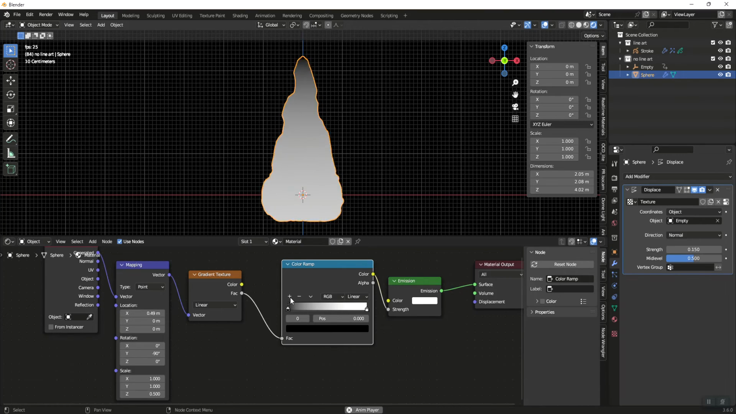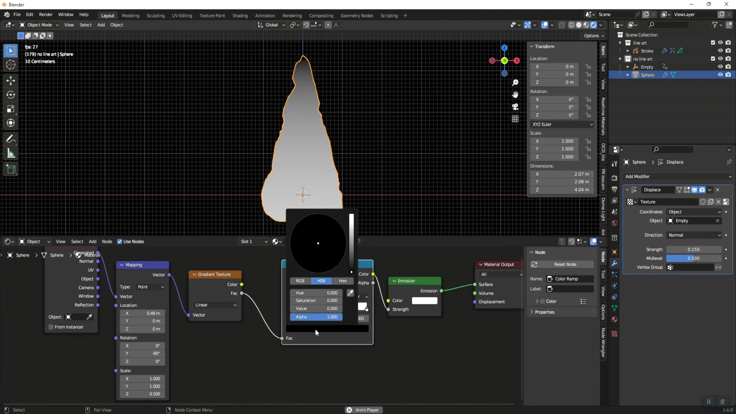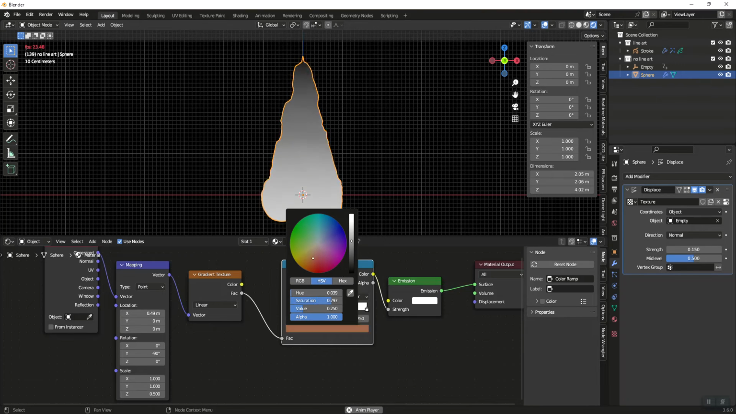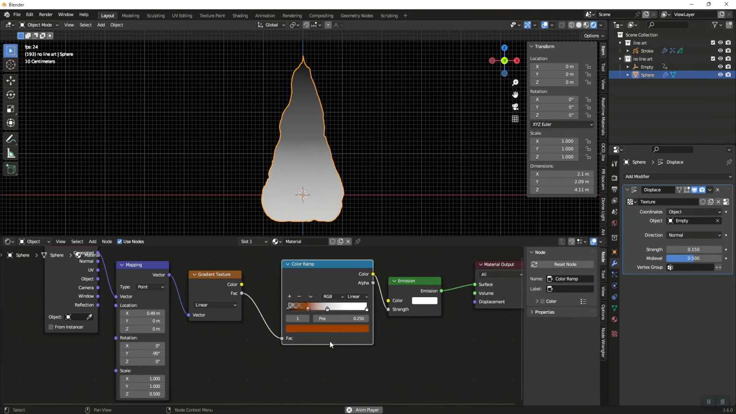In my color ramp, I want 4 total sliders. So starting with the 0 position slider, we're going to leave it at black, but we're going to take alpha all the way to 0. And then with the second slider, we are going to put a dark orange, and we're going to slide that guy closer